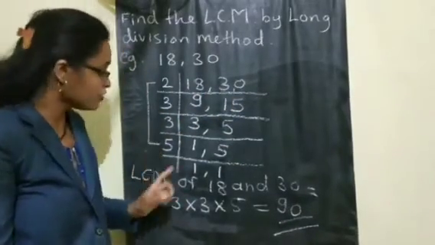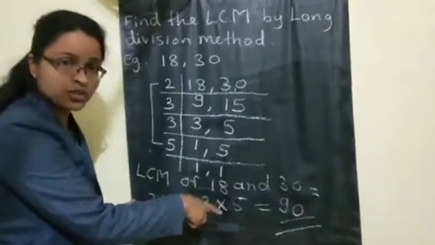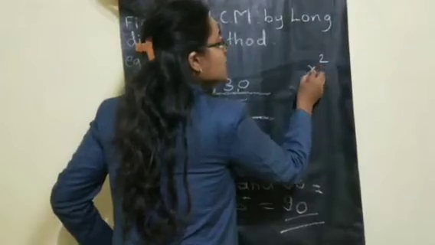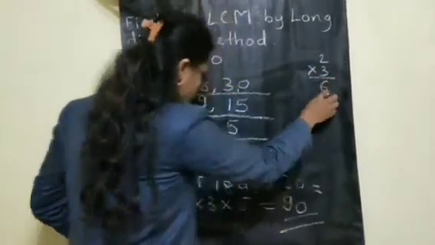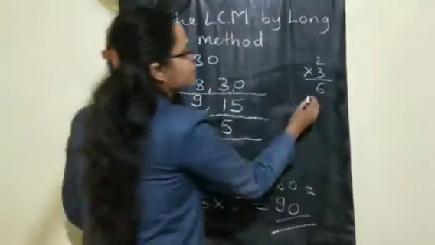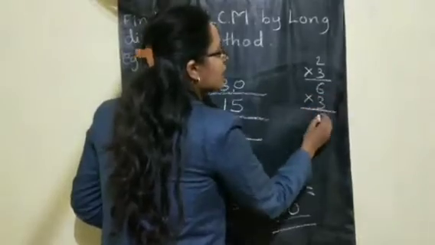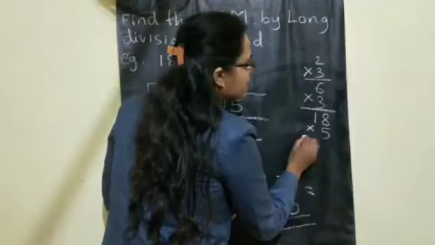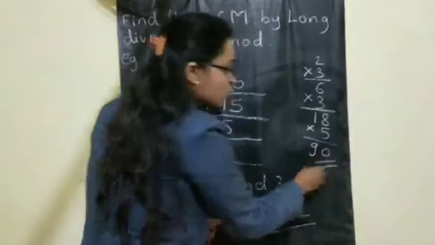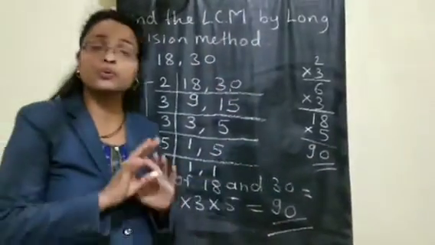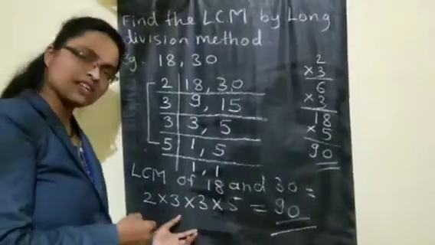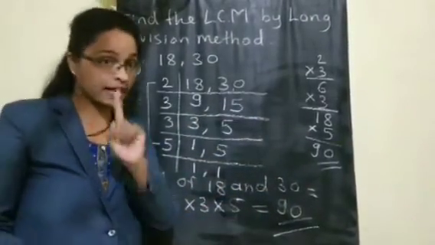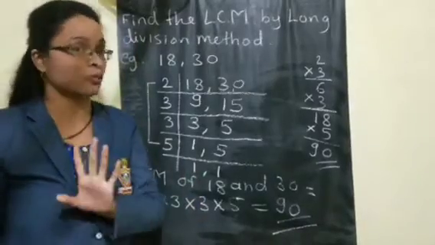Understood? If it is not possible to multiply horizontally, you can arrange it vertically like this. 2 multiplied by 3 is 6. After 6, again 3 is there. Multiply by 3 is 18. After 18, the next number is 5. 18 5s are 90. Like this also you can do it vertically, but don't make any mistake. Horizontally, if possible, do it; otherwise go for the vertical method. But get your correct answer. Multiplication should be proper, children.